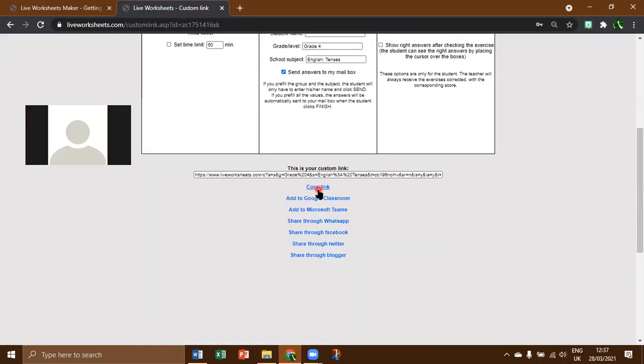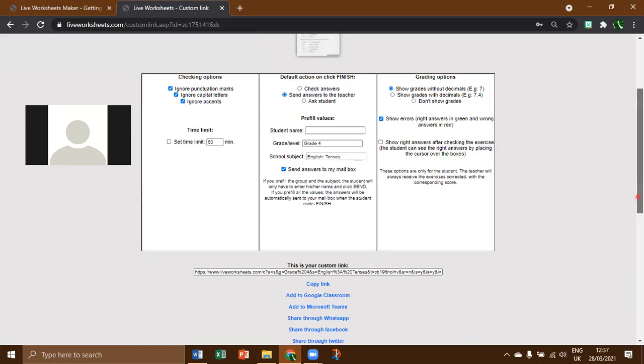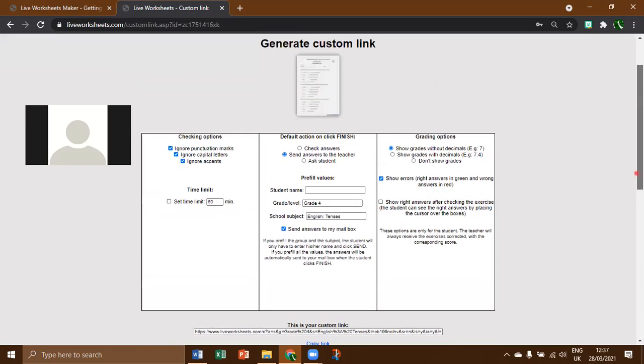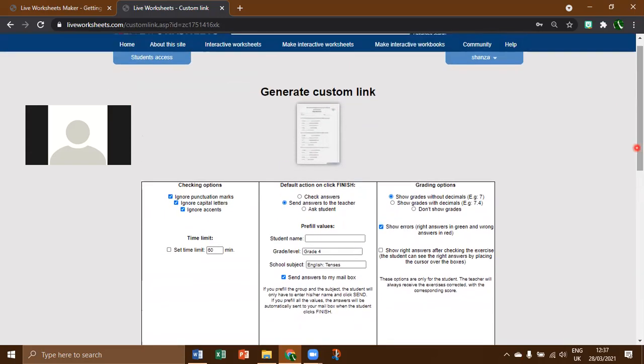What does that mean? Maybe they are doing the worksheet, so the answer would be there, or they will be sent to the mailbox. What is it? When they finish the worksheet, the responses will be added to your mailbox, and you'll receive the notification here as well, like in Google Forms. The assignment is there, and we can just select it and see it. So these answers will be mailed to our mailbox.